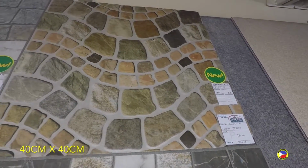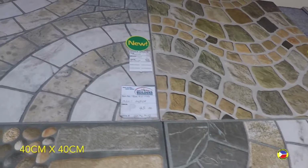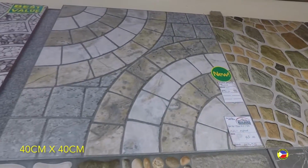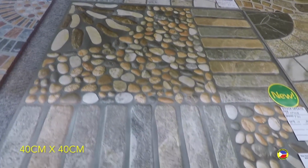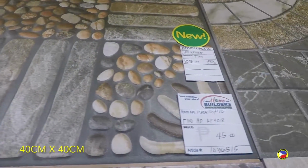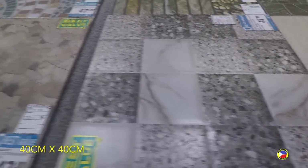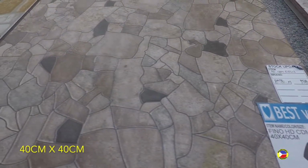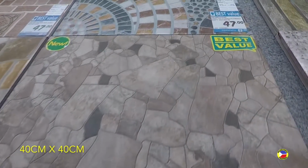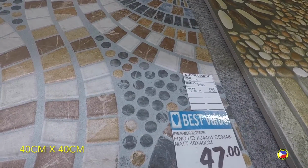This is for gardens. You can see it's like a matted effect. It's not slippery, but it's got a pattern like you would in a garden. There you can see the different rock effect at 45 pesos. Some are 47. This one is 47 pesos. I suggest these are my outdoor tiles because they are good for patios and gardens, like 47